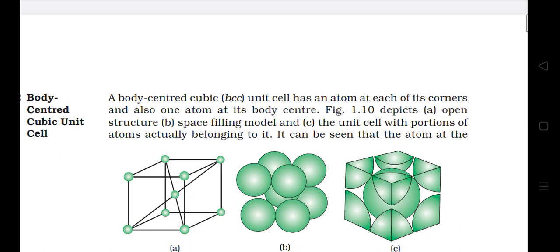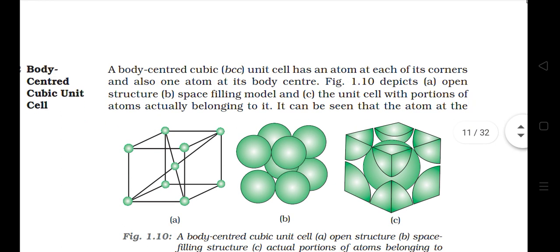A body-centered cubic unit cell has an atom at each of its corners and also one atom at its body center. A is the open structure, B is the space-filling model, and C is the unit cell with the portions of atoms actually belonging to it. It can be seen that the atom at the body center